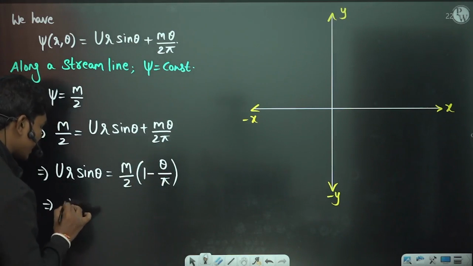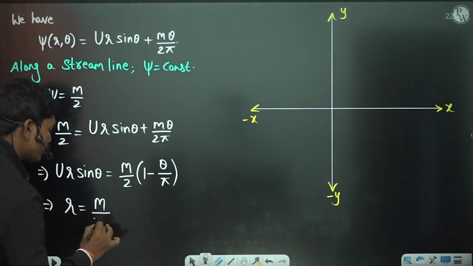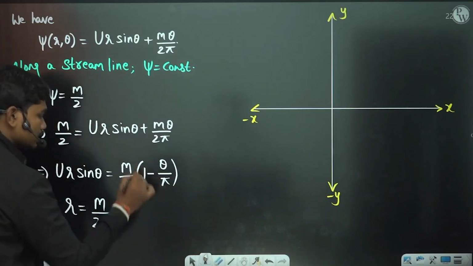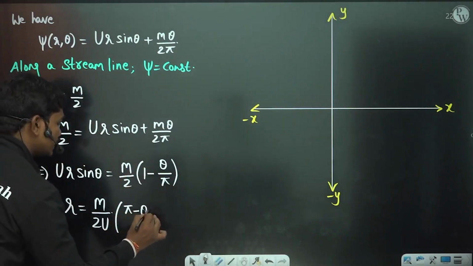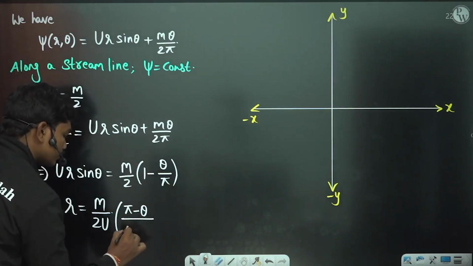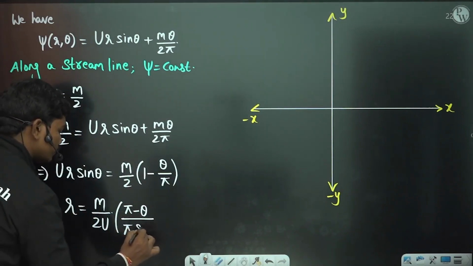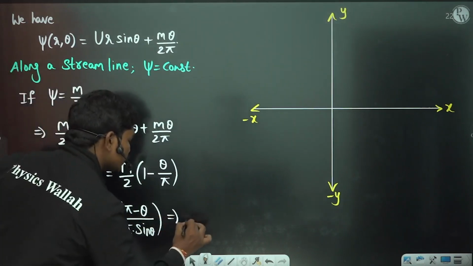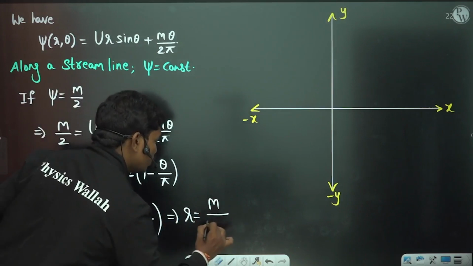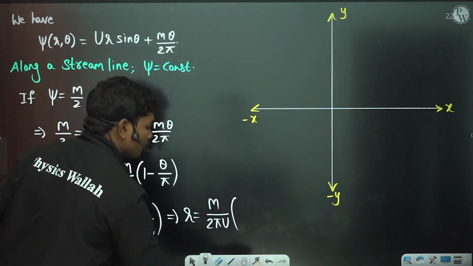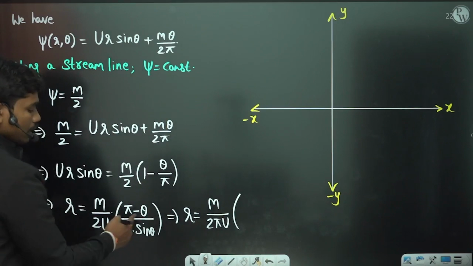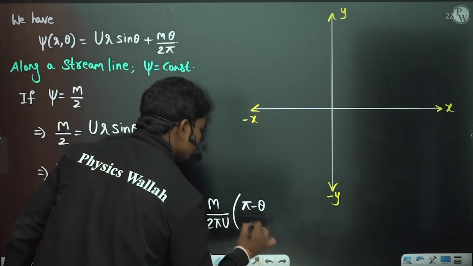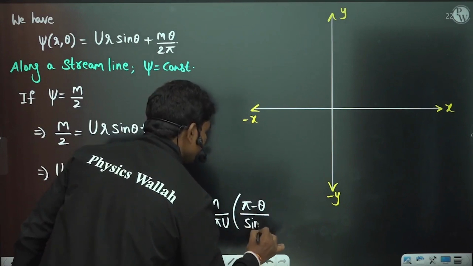So this implies r is equal to m by 2u times, if you take LCM, pi minus theta by pi into this sine theta is also here. So pi, if you write outside, small r is equal to m by 2 pi u times of pi minus theta by sine theta,